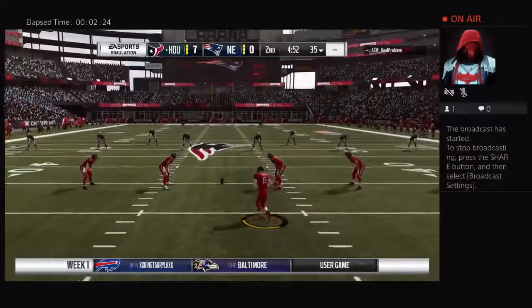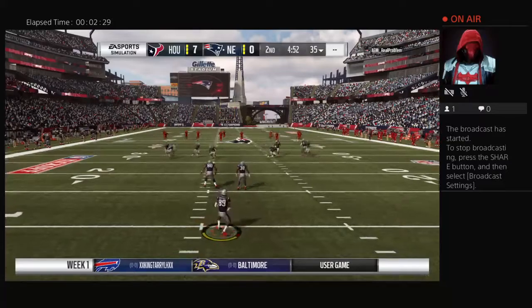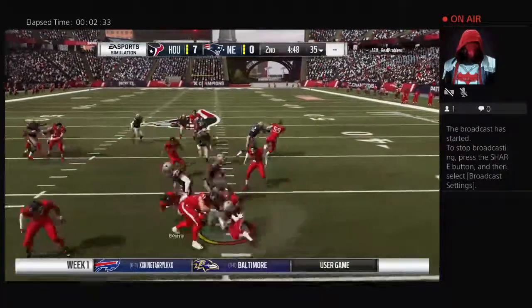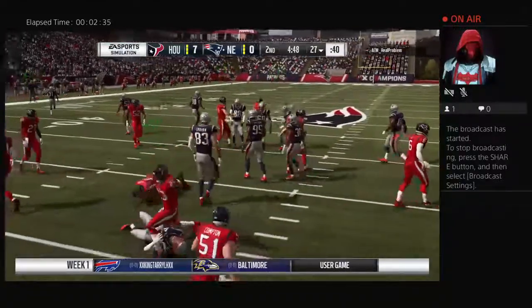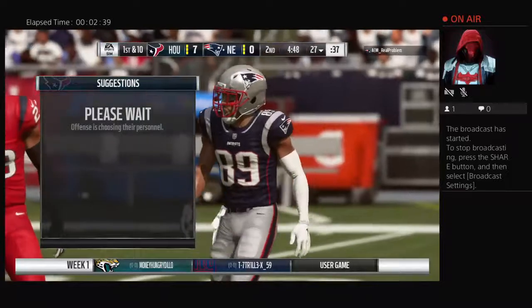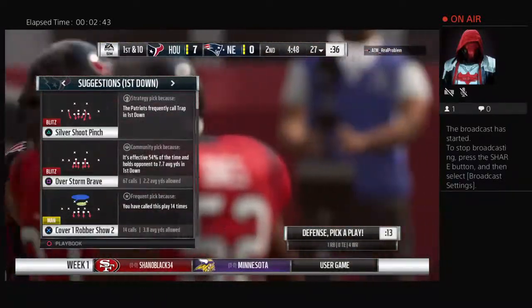Set now to kick this one away, and off it goes. On the return, it's Jalen Marshall, and he'll take this across the 25. A couple extra yards up to the 27-yard line. This offense trots back out there now, and as they do, Charles, one thing to point out that we saw